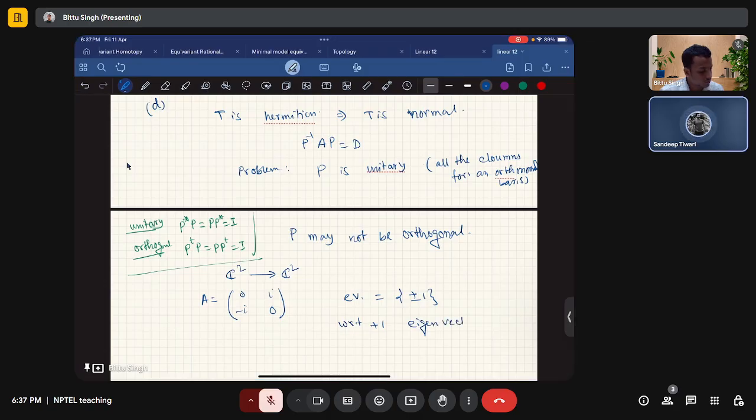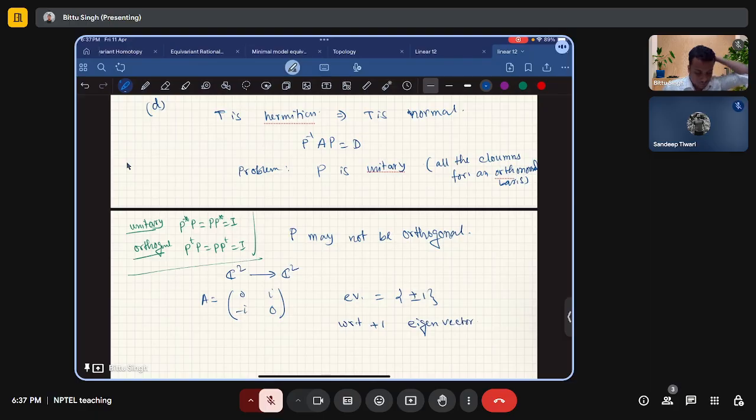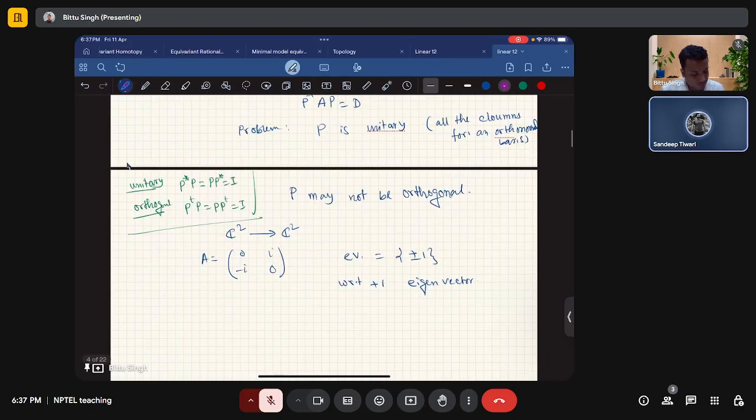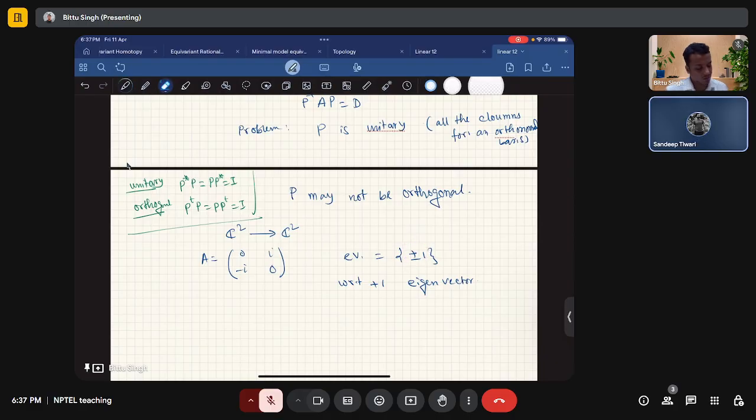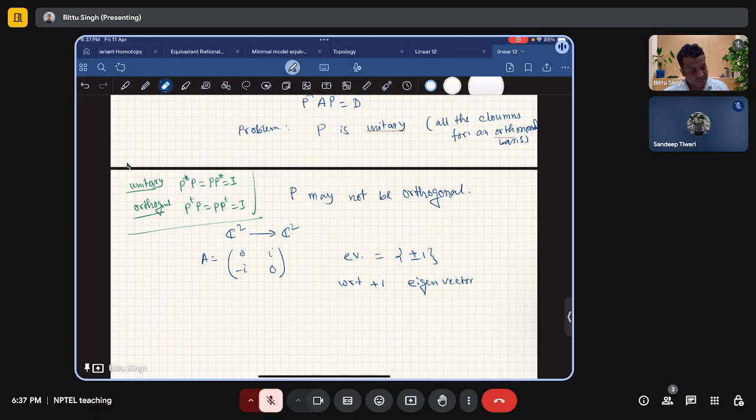Sir, the eigenvalues are plus minus i, right? No, it is plus minus 1. Why is this true? Let me check. Yes, plus minus 1, because you can see that the trace is 0 and the determinant is minus 1. So from trace and determinant, you can easily see this. Okay, so with respect to the eigenvalue plus 1,